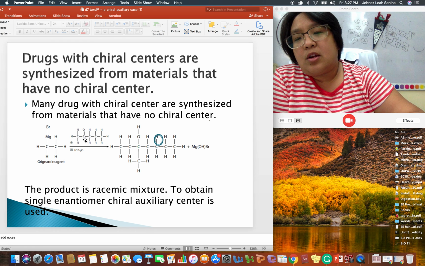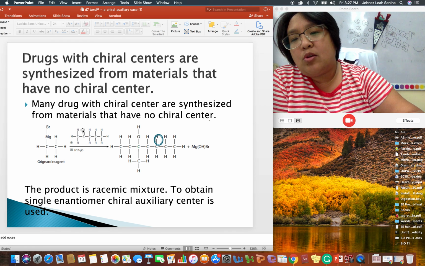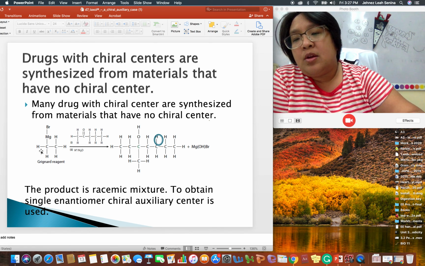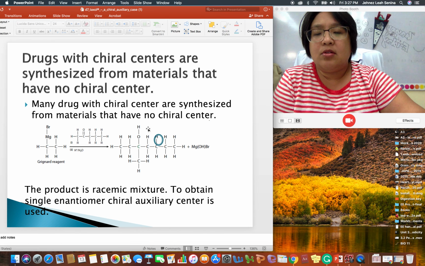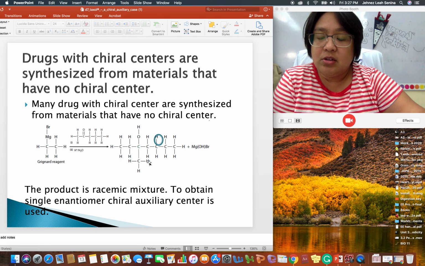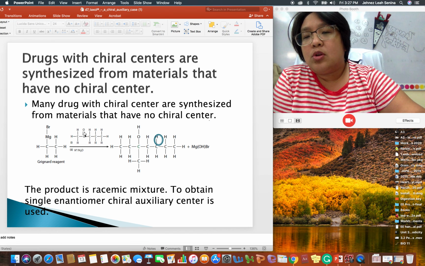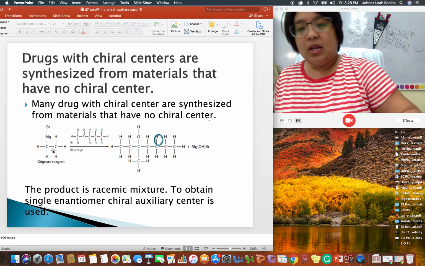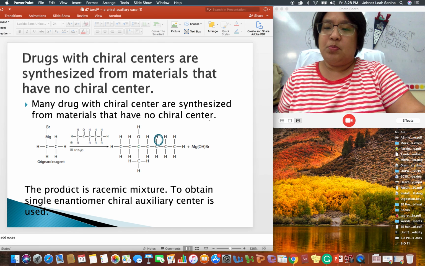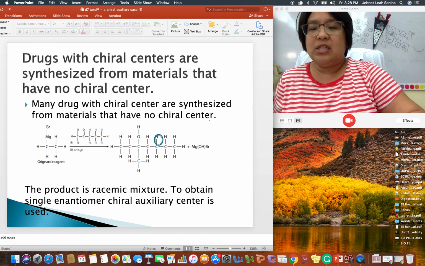This is not a chiral molecule, there are only three groups around the carbon. This is also not a chiral molecule, because there's hydrogen, hydrogen, the same group around the carbon. So to make a chiral drug, a drug with a chiral center, we use molecules with no chiral center. Normally if we do that, what we produce is a drug with a racemic